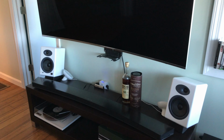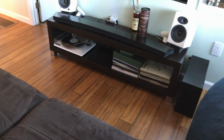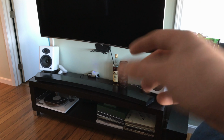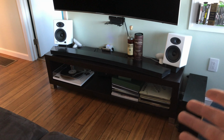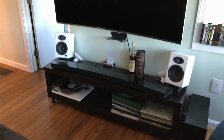So I'm missing a bracket. That's the wall mount for the soundbar right there. I'm missing a bracket to hold the soundbar in. And basically, two things have to happen. I have to order the connectors, not bracket, but the few screw-in things. There's 3 of them. And we have to resurface that table downstairs. So for now, the vinyl will live here until that table is resurfaced, and the soundbar will live there until